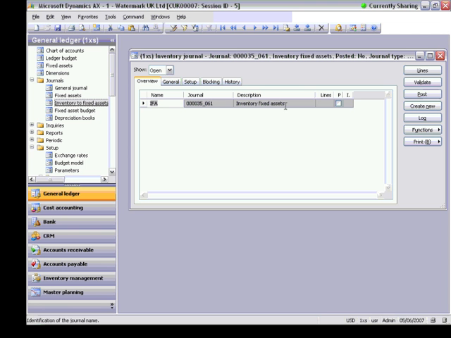So simply create a new journal. Click button line,